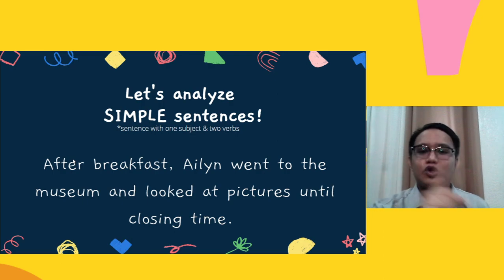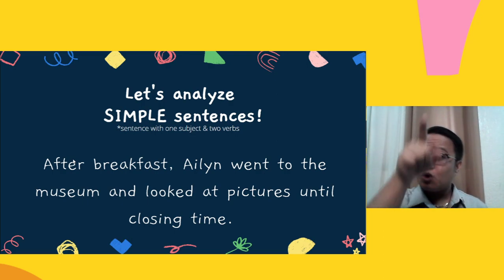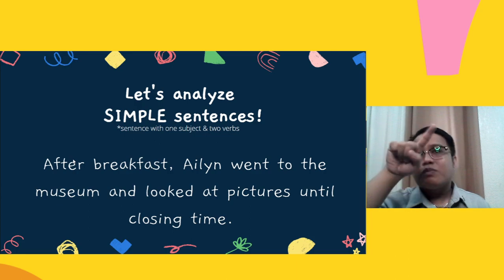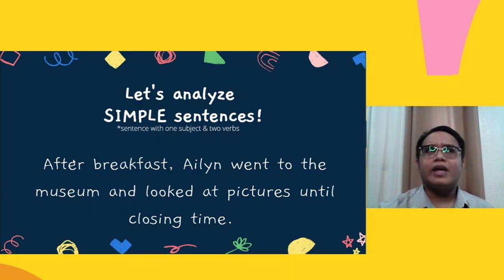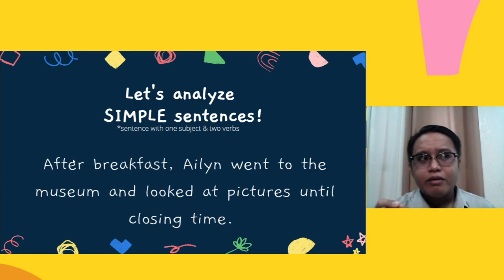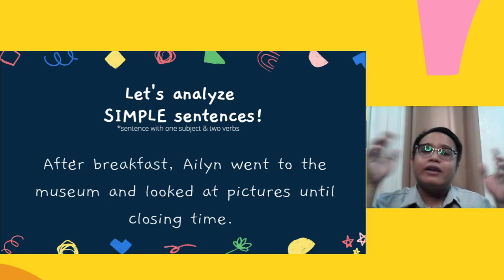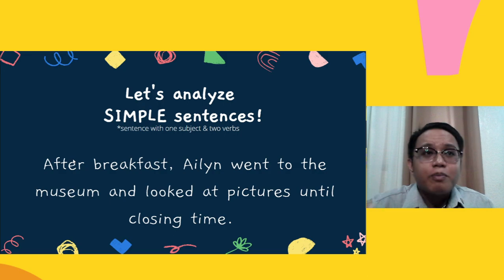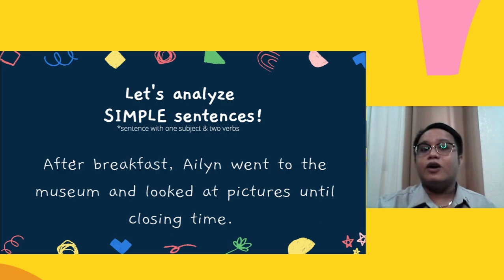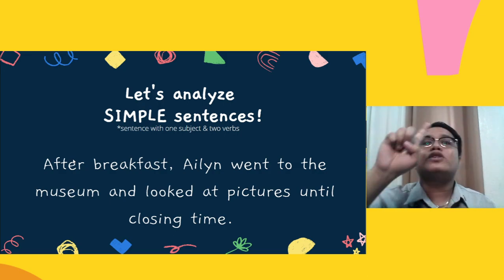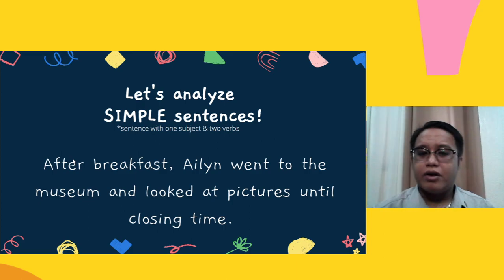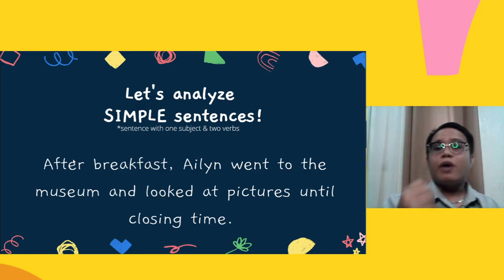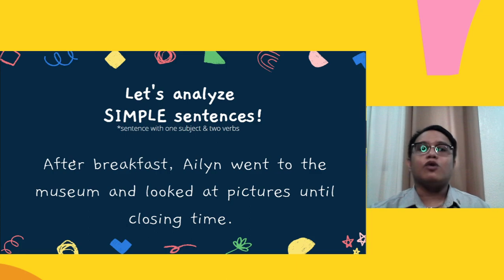Is to. Very good. So we start at to. We start putting the parenthesis at to. Is the a noun? Diba? Dili. So we do not end it there. Is museum a noun? Is it a name of a person, place, thing? Very good. So we end our prepositional phrase there. Okay? So we have our second prepositional phrase. So our first is after breakfast. Number 2 is to the museum. Number 3,